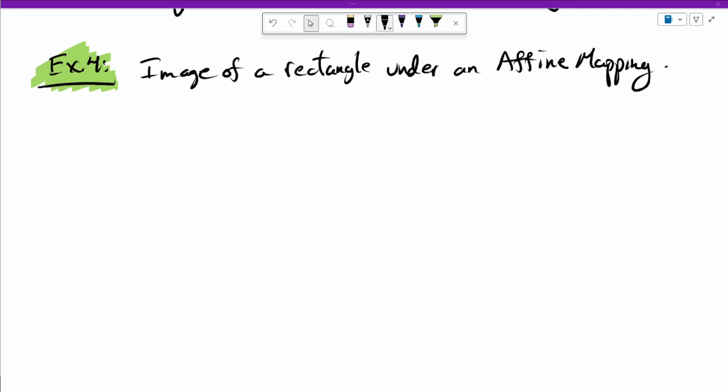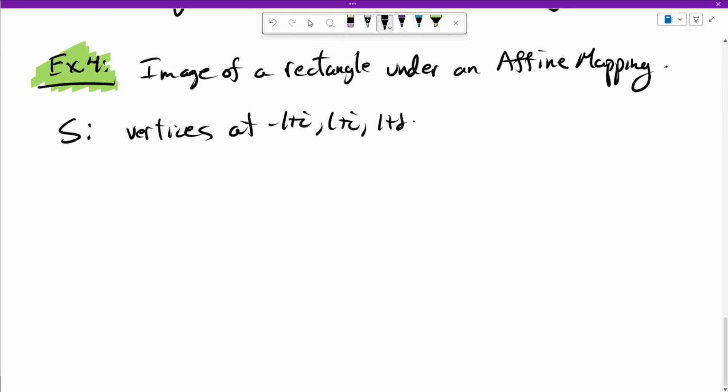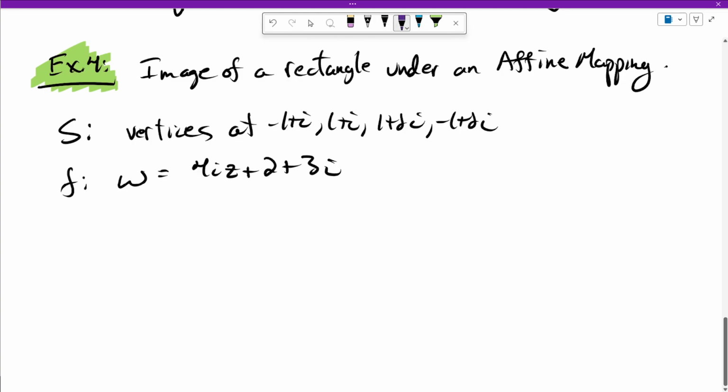So with example 4, what is the actual example? And then I'll point out what the nonlinear part of the example is. We're going to look at the image of the rectangle, and our rectangle, let's keep the book's notation, I'm going to call S, and it's going to be the rectangle with vertices at -1 plus i, 1 plus i, 1 plus 2i, -1 plus 2i. And the mapping f is going to be given by the rule, let me write it as w, w is 4iz plus 2 plus 3i. So this guy here is the affine part,